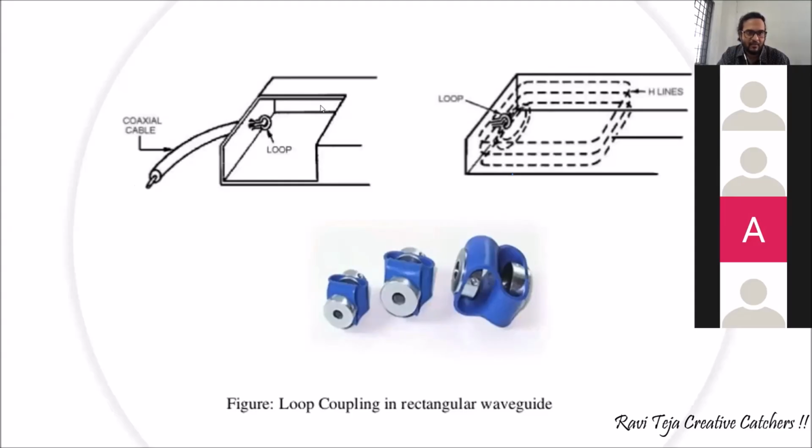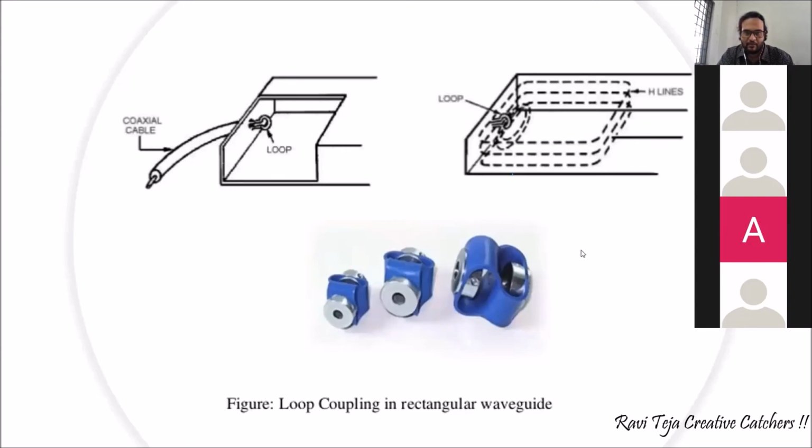Yes. So if the coupling probe is in a straight line, it generates only an electric field. Coming to the coupling loops, as the design is bent or circular, a loop kind of thing, whenever energy passes through it or is received through it, it keeps on generating a magnetic field. These are the real-time components, the coupling loops, used for generating a magnetic field.